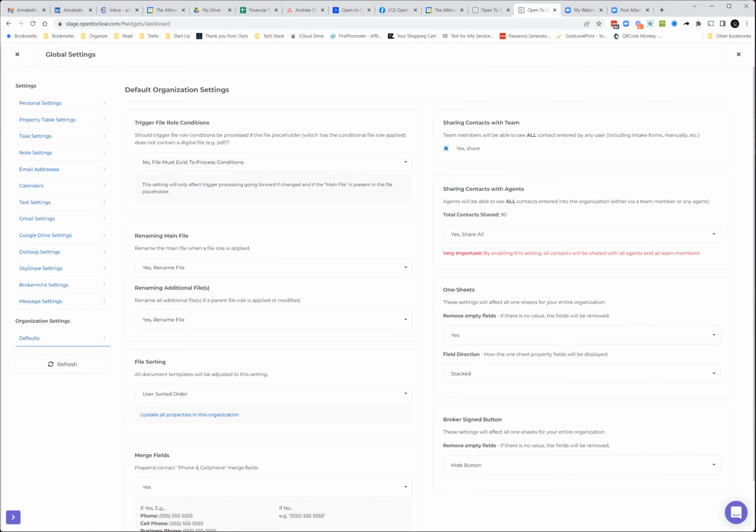Carrie said, I have to set that up. No file must exist to process conditions. And yet when I have a file role but no digital file, the trigger does not work. Am I understanding how this works correctly? Yes, you are. So to go over this a little more in detail for everyone else, you have a